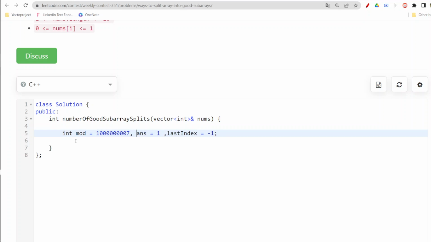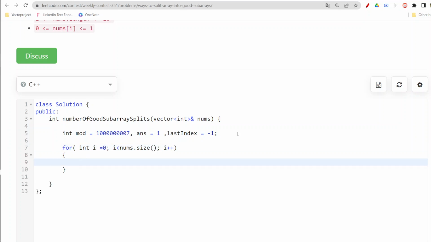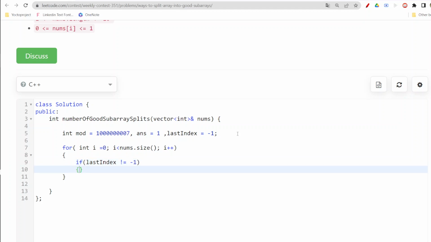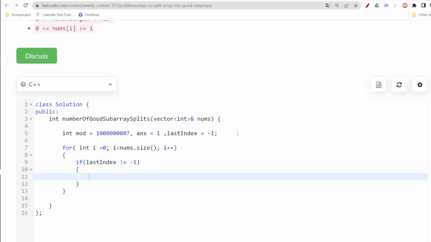Just take all these things in a single line as all are in. So this is, and now we need to start with traversing our array nums which is given to us. So now the first thing would be that if our last index is basically not equals to -1, means it has been already assigned with some index, then in that context only